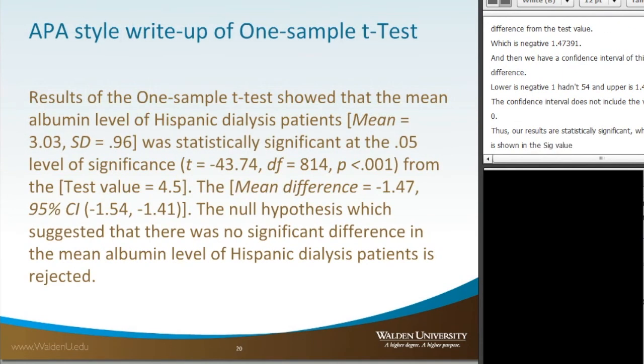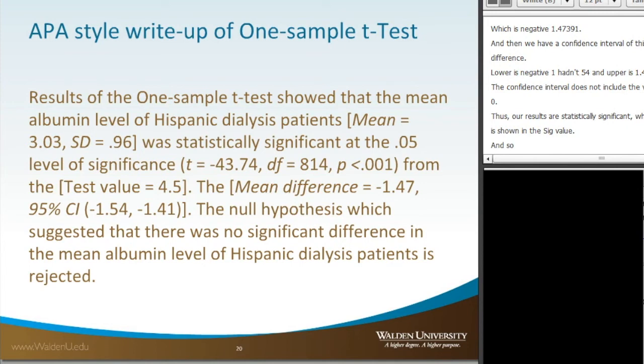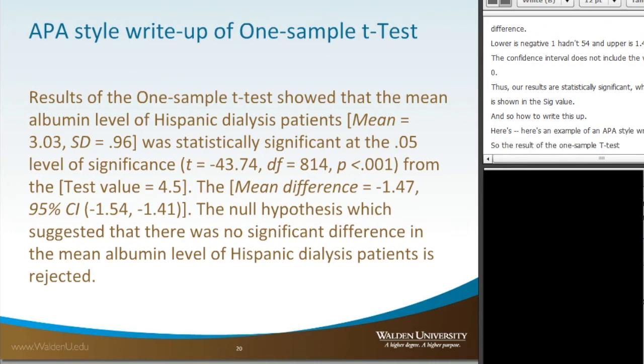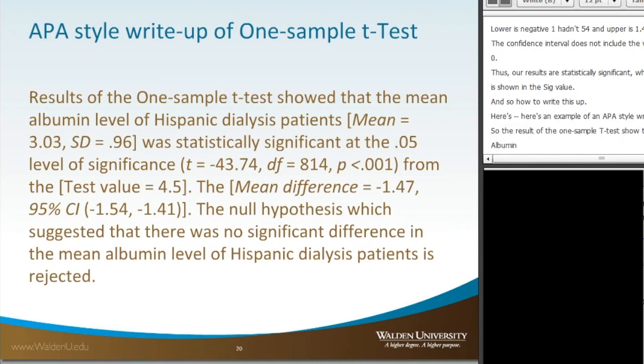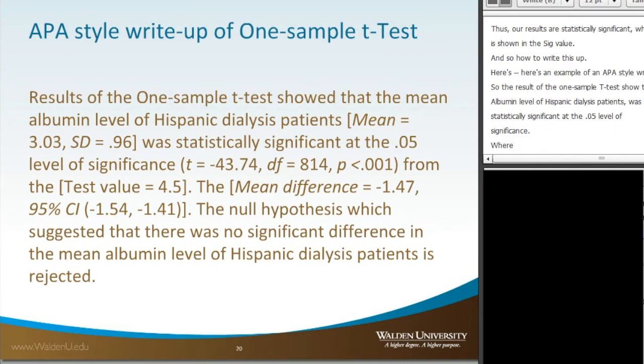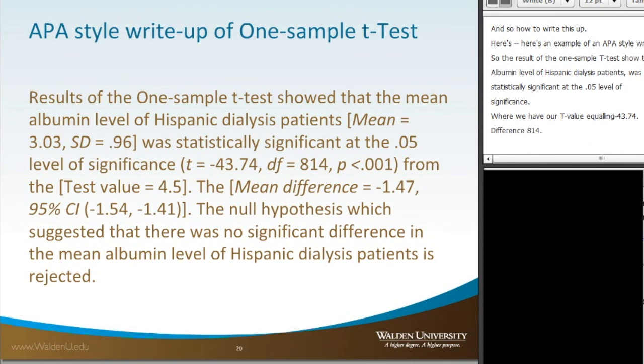And so, how to write this up. Here's an example of an APA style write-up. The result of the one-sample t-test showed that the mean albumin level of Hispanic dialysis patients, mean equal 3.03, standard deviation 0.96, was statistically significant at the 0.05 level of significance, where we have our t-value equaling negative 43.74, degrees of freedom 814, p less than 0.001, from the test value of 4.5, the mean difference negative 1.47, with